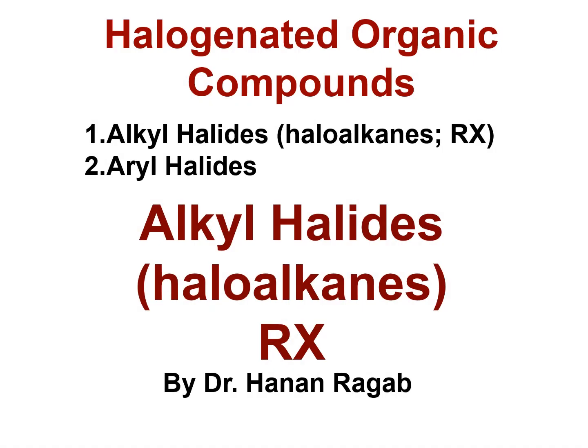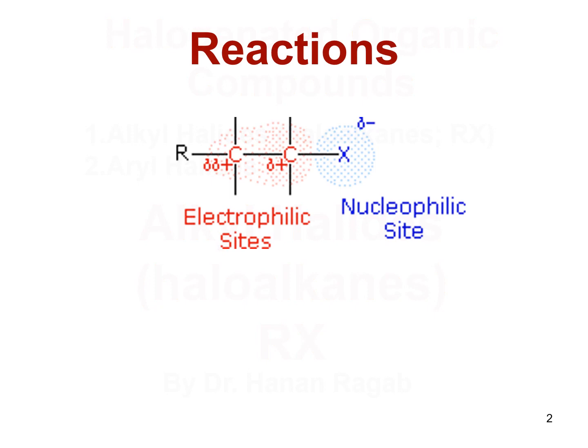Good morning, everyone. In this video, we will continue discussing the topic that we have started in the previous video, which is the alkyl halides. As we have mentioned, these are aliphatic compounds having a halogen atom attached to the carbon. The halogen is highly electronegative, so it attracts the electrons of the bond, producing a partial negative charge on the halogen and a partial positive charge on